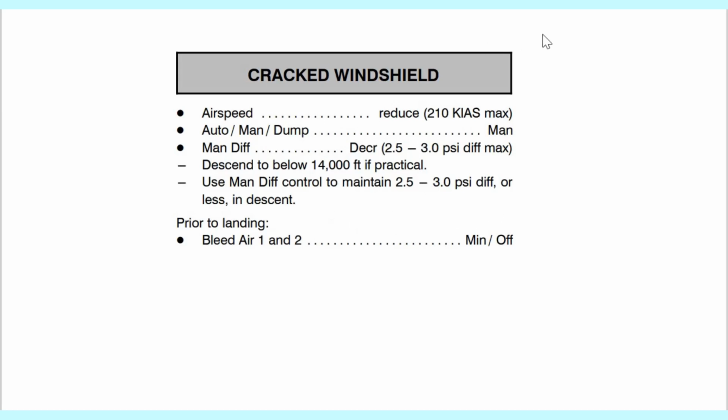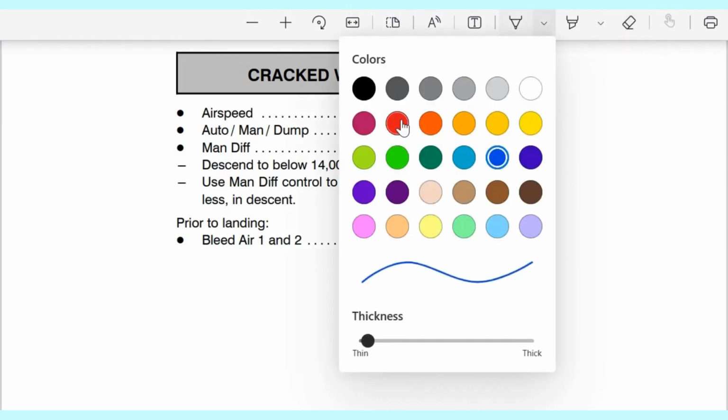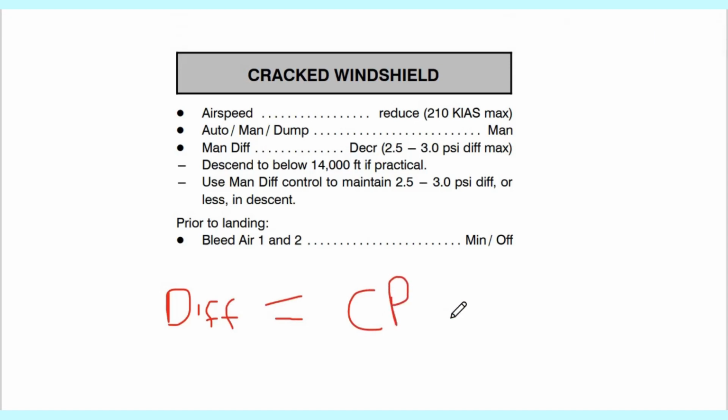Sorry, these are not ideal writing tools that I have here, but I'll try my best to write: differential pressure is equal to the cabin pressure. Remember this cabin pressure because it will come up somewhere. I'll have to discuss with you in one of the parts of the AOM why the setting of the landing elevation matters, whether you land pressurized or unpressurized. I'll explain that later on. So it equals cabin pressure minus the atmospheric pressure. Please make a note of this one. This is the way cabin pressure is. It's a difference between the inside pressure and the outside pressure.